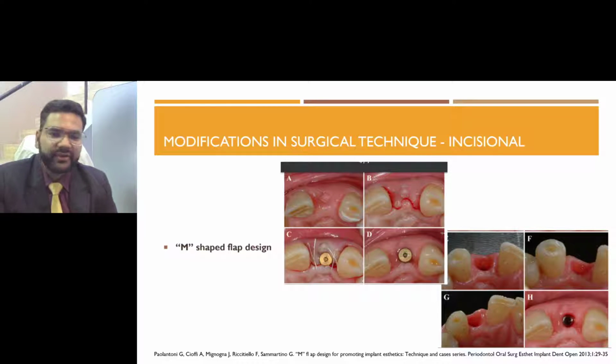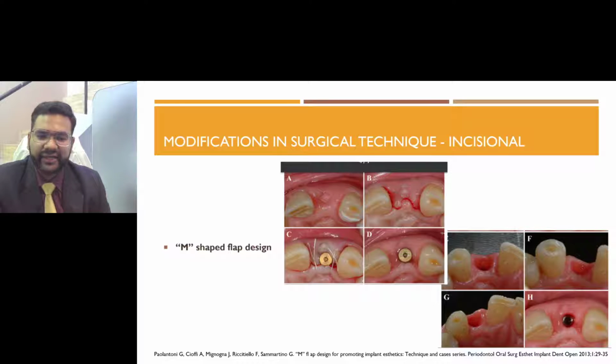Then we have the M-shaped flap design. This technique consists of an intracircular inner beveled incision which would be performed around the distal aspect of the adjacent teeth, rounding buccally and palatally, and connected with the M incision. So this forms basically a letter M, and again a small flap is raised. This raised flap can nicely accommodate a good gingival former of appropriate width and height. A monofilament suture is preferred here. We will talk about the sutures in the next part.